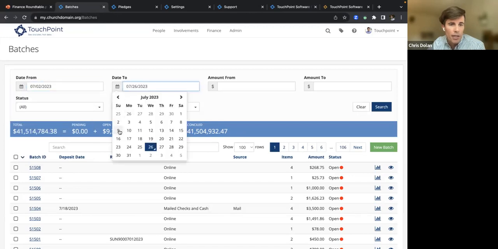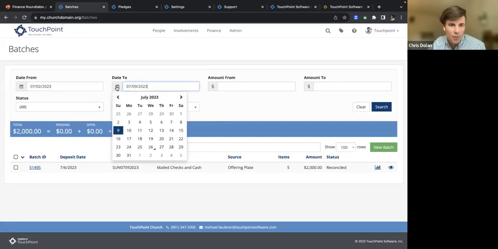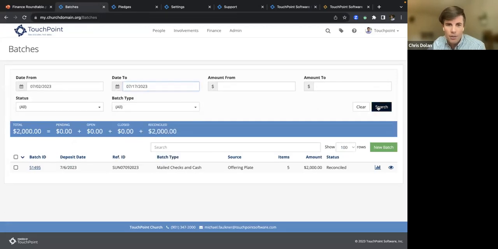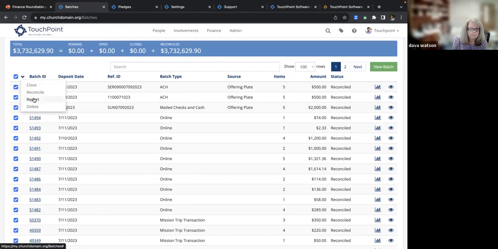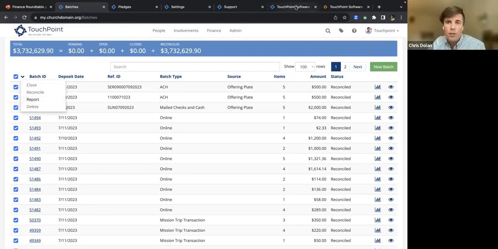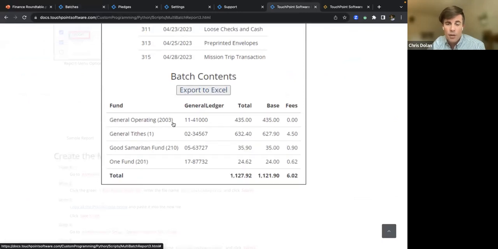So if I put in a date range of a week and I filter, well, it's a bad use case there, so let me put in 2 weeks here. Let's say that's 1 week's worth of batches. I would select all of these and hit report. If you're using batch report 3, it would summarize those by fund, and that would get you exactly what you're looking for.